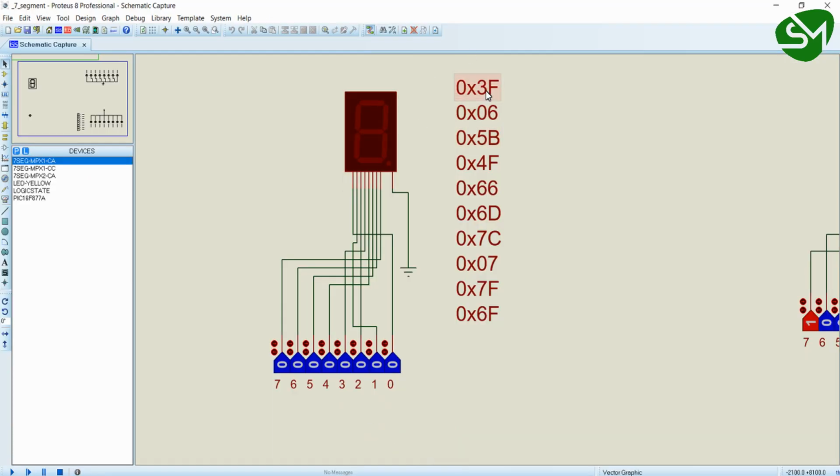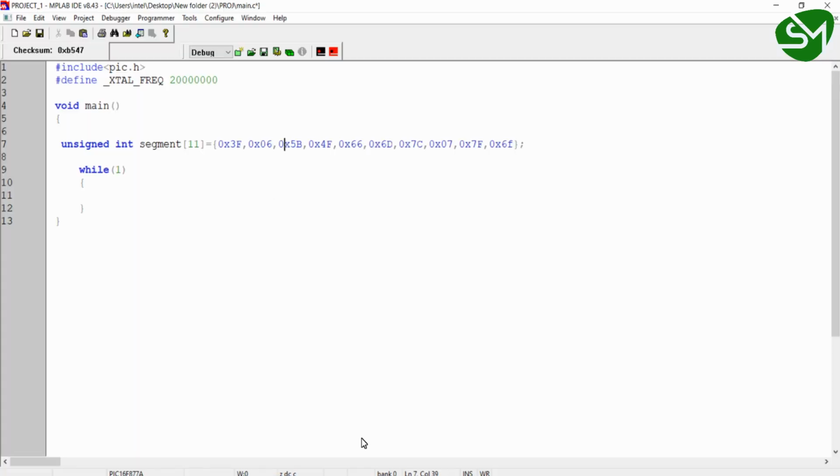You can see this is the hexa value of 0, 1, 2, 3, 4, 5, 6, 7, 8 and 9. So I have stored these hexa values in that segment array in this order. That is, segment of 0 is having the hexa value of 0, segment of 1 is having the hexa value of 1, and similarly it goes on, and segment of 9 is having the hexa value of 9.